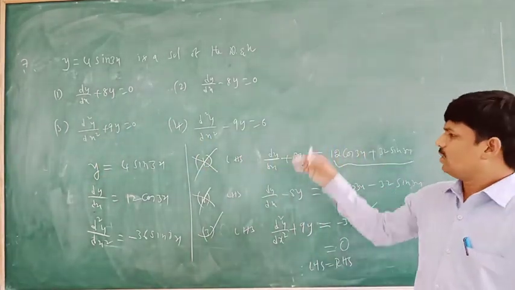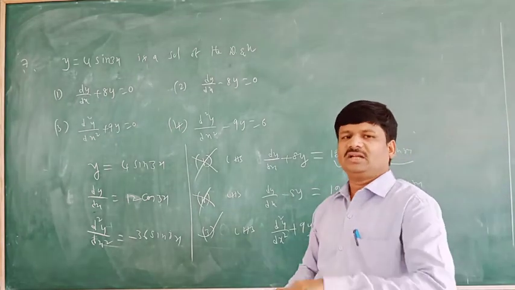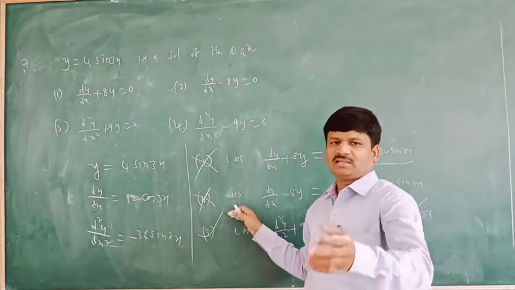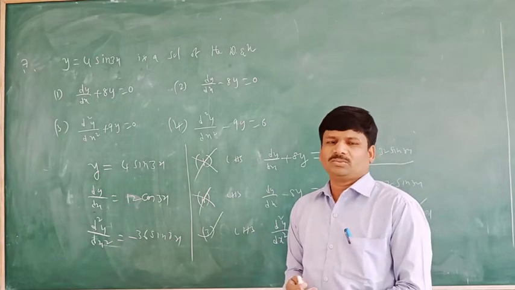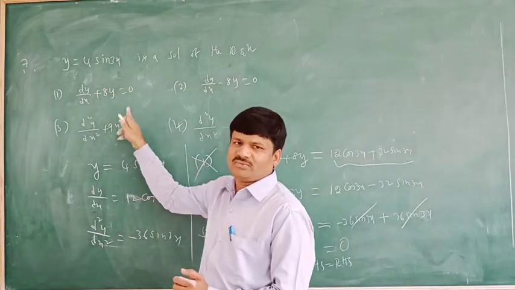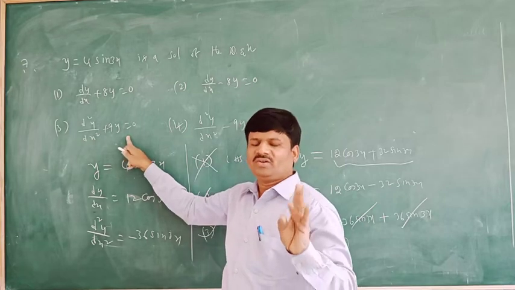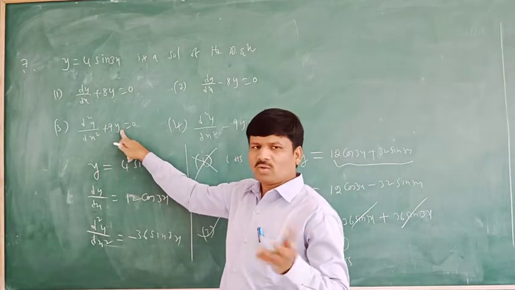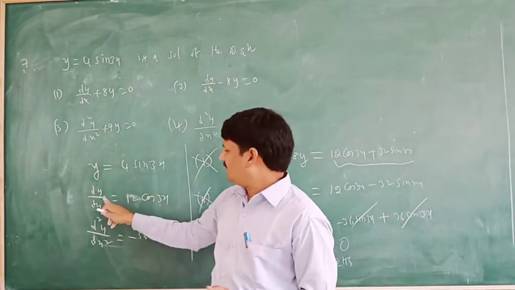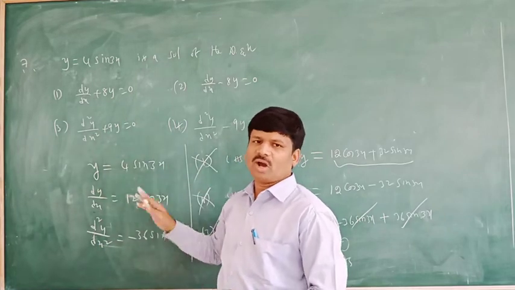So in this manner we have to verify whether the functions are solutions of the given differential equations or not. We already solved questions like these in exercise 2 from our textbook. We have to find dy by dx and d square y by dx square, and y will also be given, so we substitute. Take the left hand side and substitute. If you get the RHS value, then these derivative values satisfy this equation, so it is a solution. Are you understanding or not? In this manner we have to solve the questions.